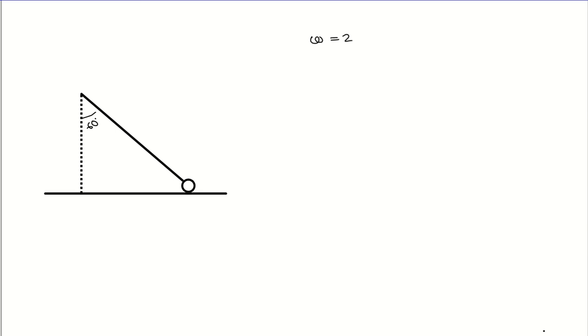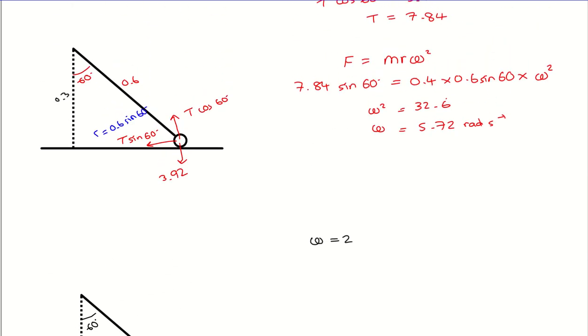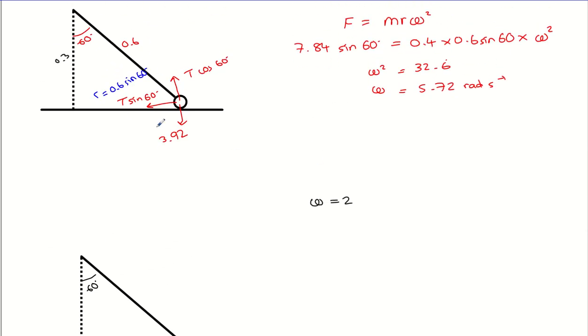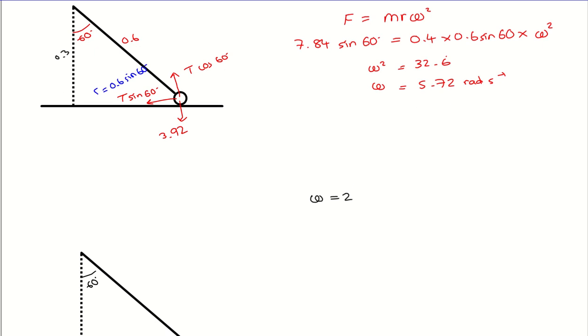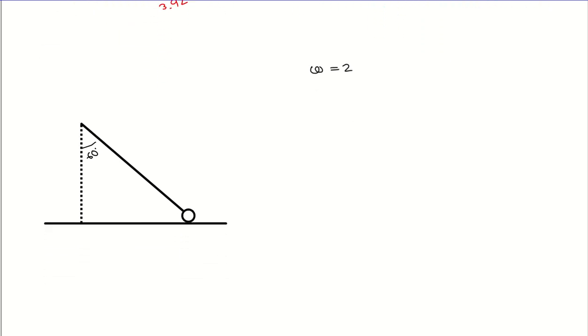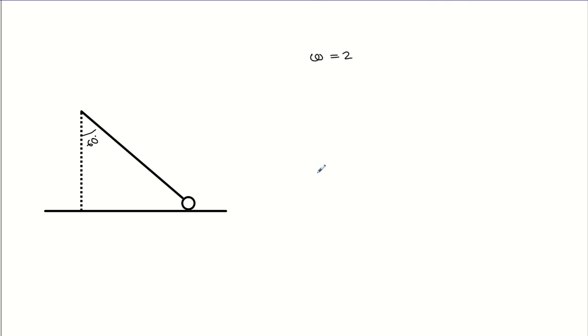and we proved in the last part that for the string to do the work and the table to do nothing, omega needs to be 5.72. So if omega has dropped to 2, then there's not enough tension in the string now to carry the weight of the particle. So we've still got 3.92 down, and we've still got T cos 60 up,